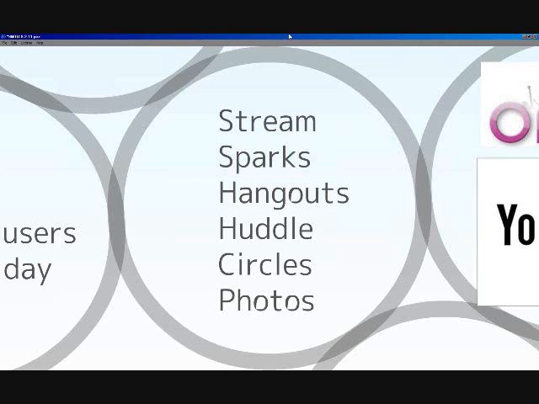Hangouts is a video chat service. Huddle is a group texting service. Circles is the way that you manage your friends. And Photos obviously enables you to post your photos. We're also told that there are more features like games and questions that are expected to be added to Google Plus in the near future.